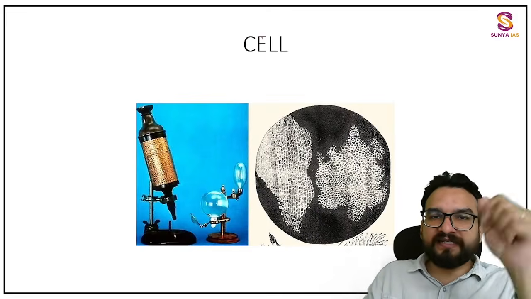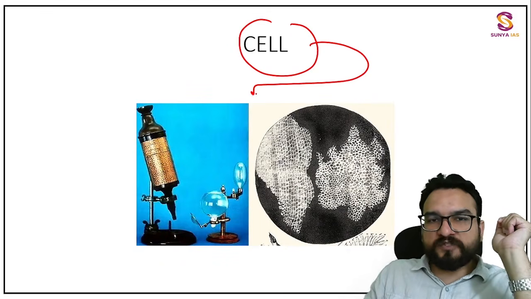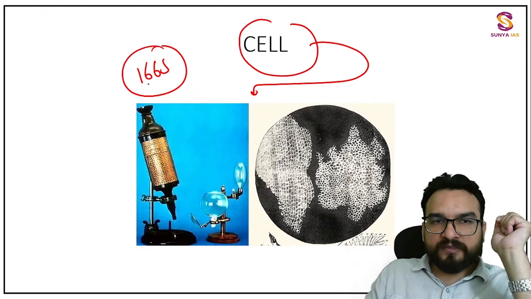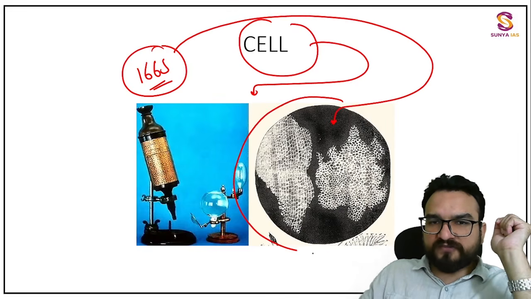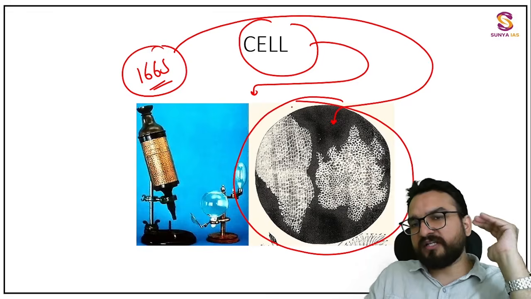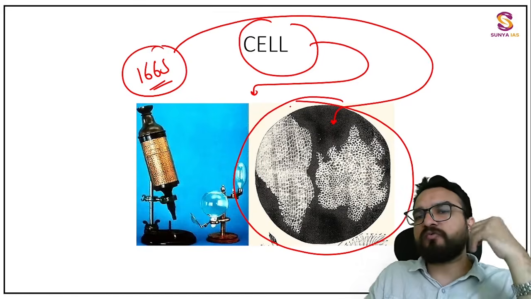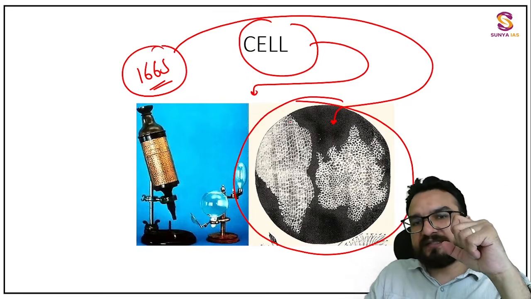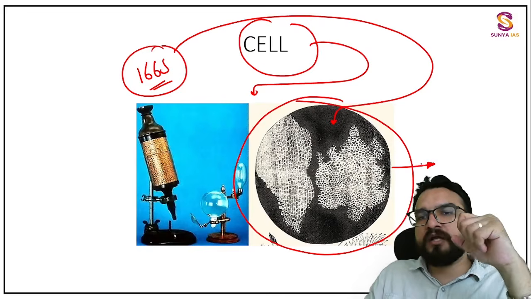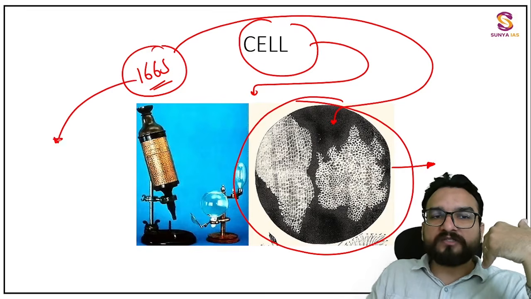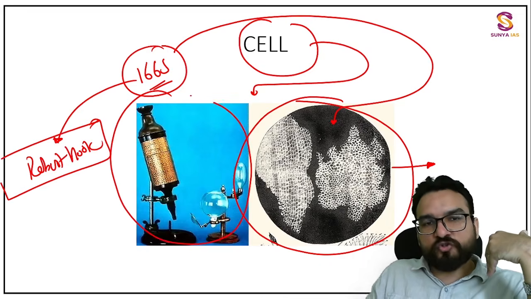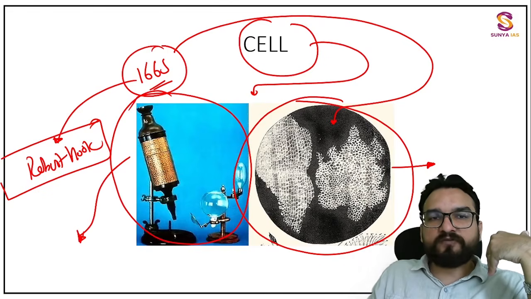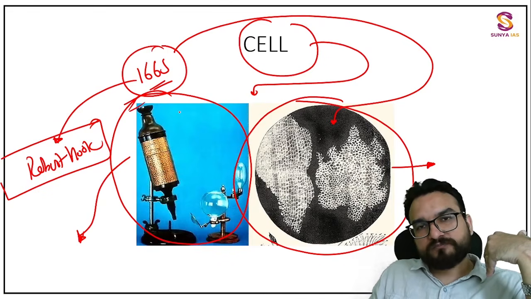Over here, this is a cell, and this is a cell which was observed in 1665. It was observed as a rough structure like this that you are seeing, and from this we are not able to know what is inside the cell, but this type of honeycomb structure was observed by a scientist named Robert Hooke, that you all must be knowing, written in every NCERT. And this was the microscope, a primitive type of microscope at that point of time, which was invented.